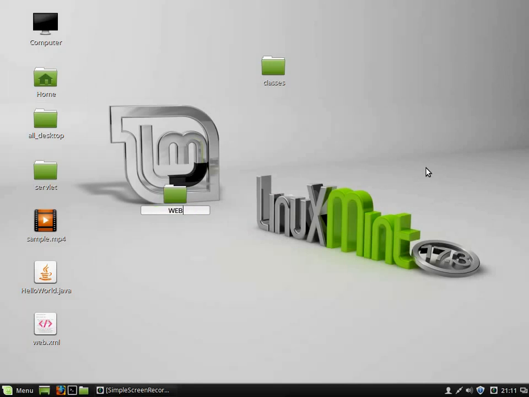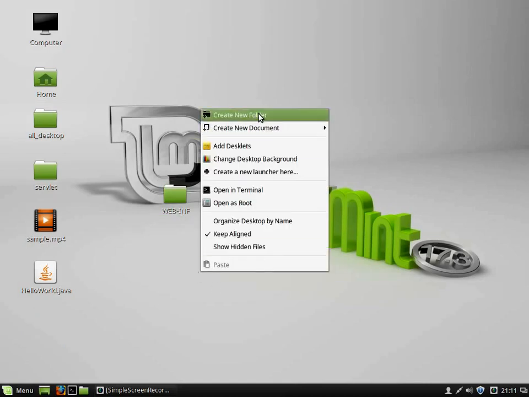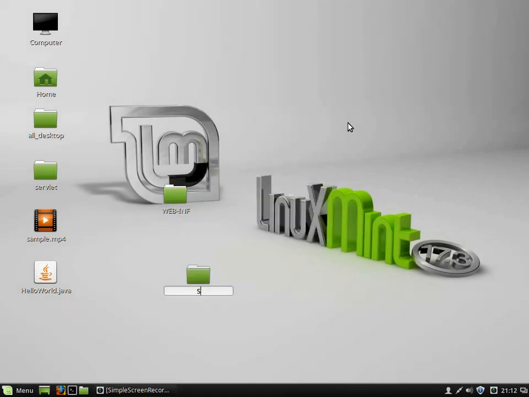Here we need to create one more folder called WEB-INF, in caps. Now I keep the classes folder inside WEB-INF, as well as the web.xml file in WEB-INF. Now I'll create one folder called my project. The name of this folder can be anything. It can be your name also, not a problem. Now keep this WEB-INF in the my project folder. Like this, we need to create our project folder.